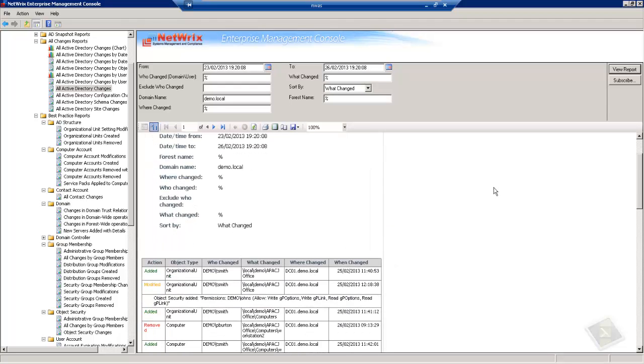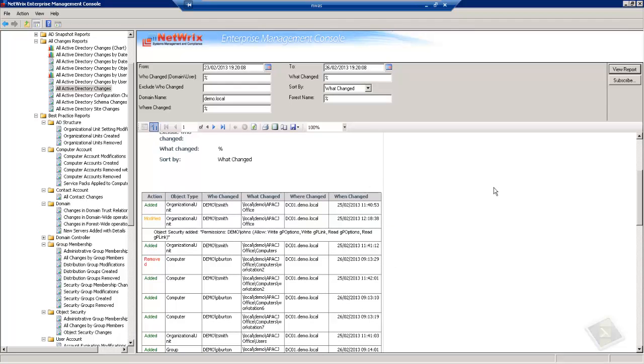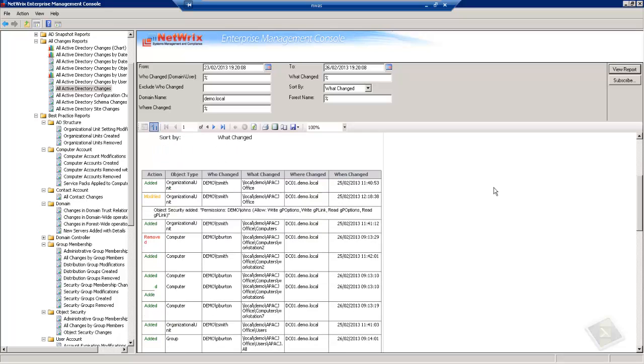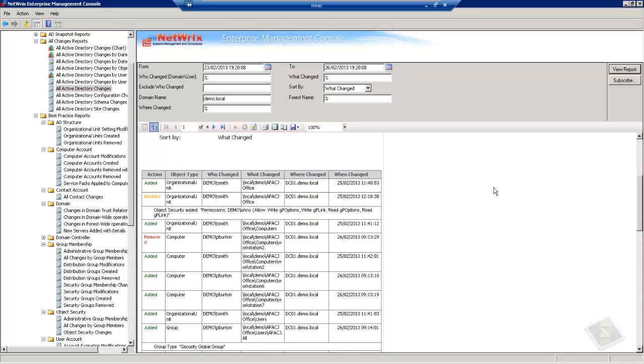We're then going to be presented with a report that's going to give us the who, what, when, and where information of changes that are taking place in our Active Directory. So we can see there the action that's been performed, who's performed this action, what it was, where the change took place, and specifically when the change took place too. Now the reports can be run from either within the management console itself,